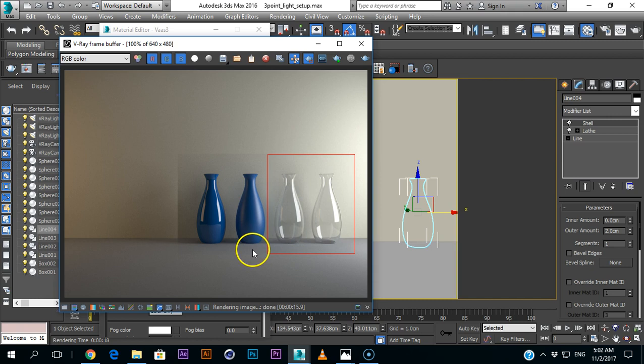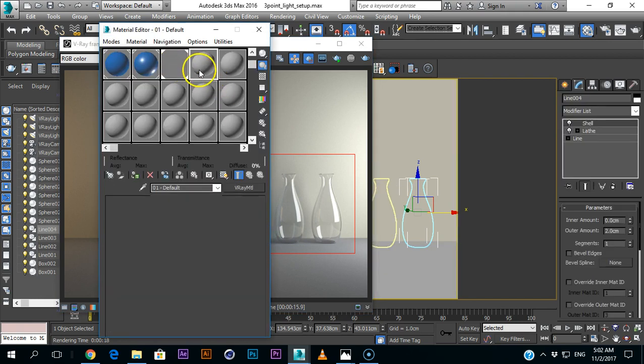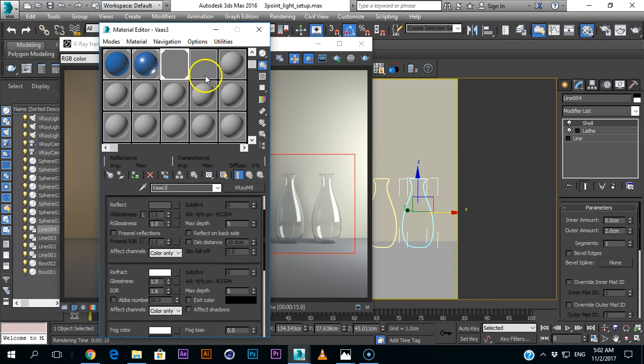Okay, so let's copy this. This one was 3, so this one will be 4. Okay, apply this on this,